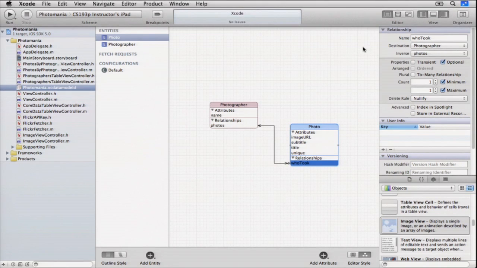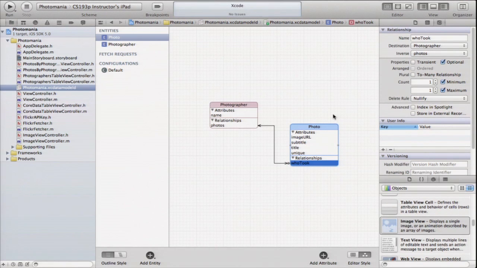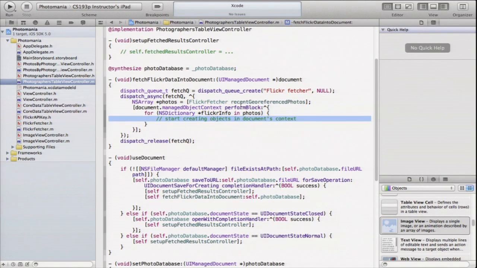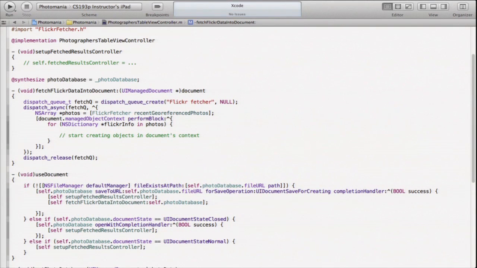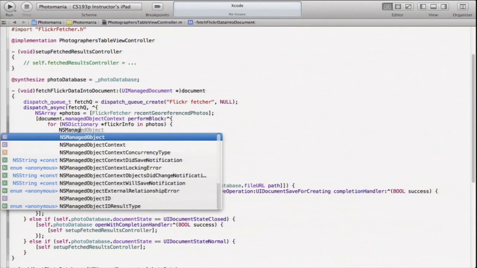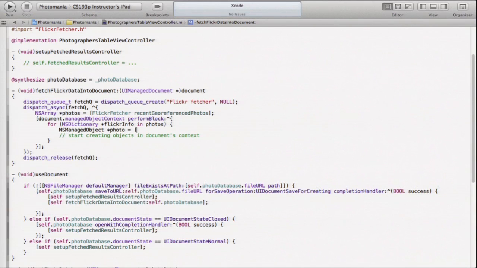Okay? So that's pretty much our entire data model. We don't need to do anything more than that. If we go back here now, we want to start creating objects. How would we do that? Well, one way we might do it is to start typing like this: managed object photo equals,